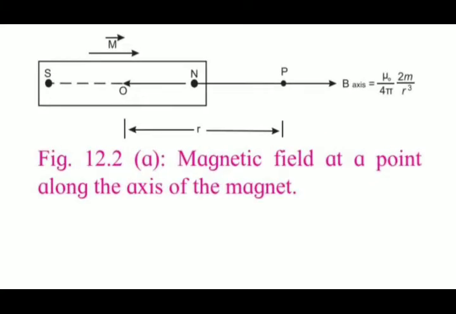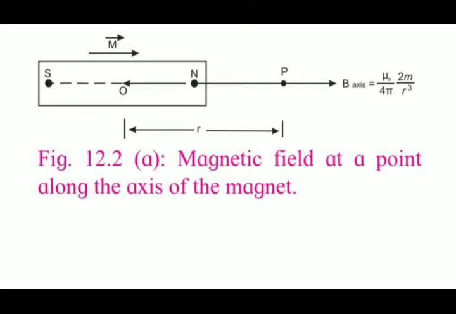In your textbook you have been given only one derivation, that is along the axis. The solution is given there, and you can solve the equator case also by using the same method. So let's see. What we have to do is consider a bar magnet of dipole length, that is the magnetic length, of 2L, and magnetic dipole moment vector m, as you can see in the diagram.